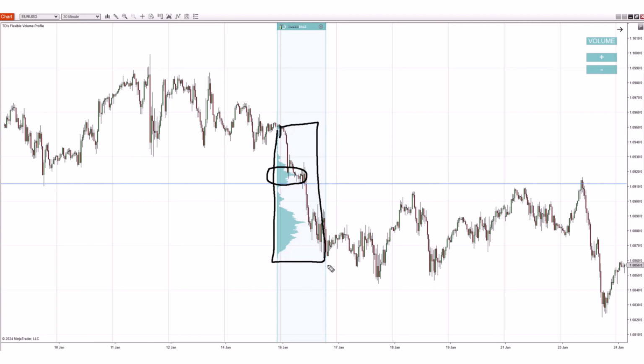If you, for example, used daily or weekly volume profiles, then they would also show you volumes you are not interested in, because you are interested only in the volumes that formed within the trend zone, right? So back to the example. Here is the trend with a significant volume zone, and here is the place where the price reacted to that